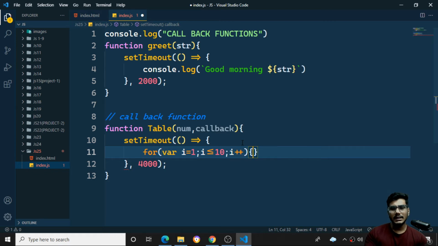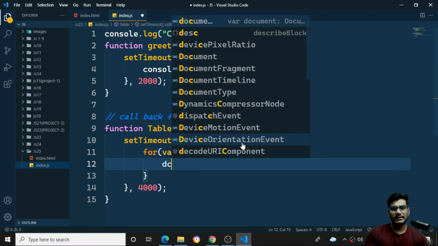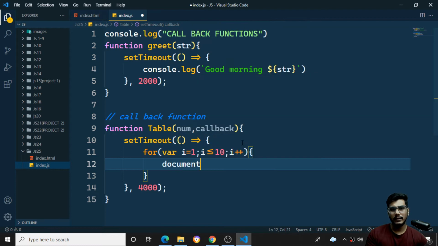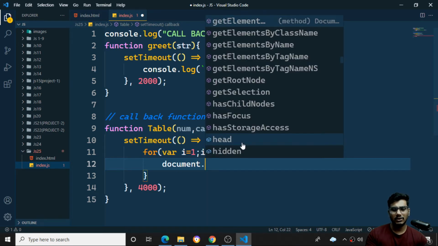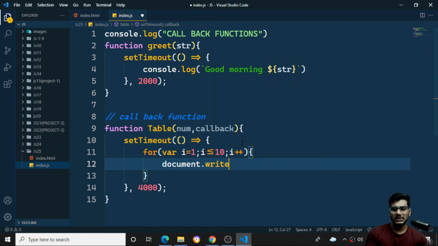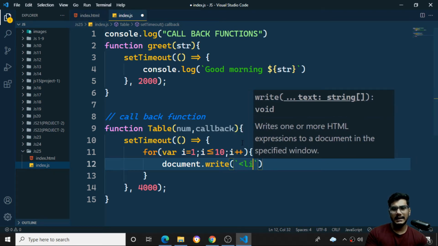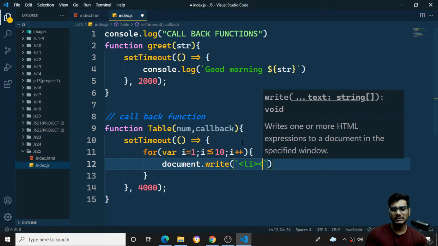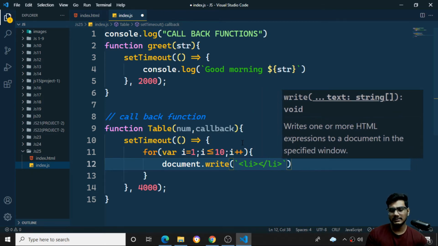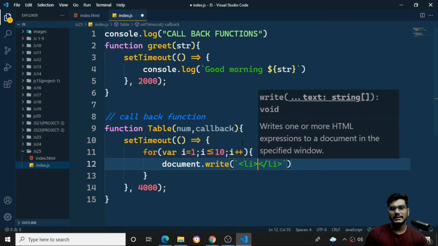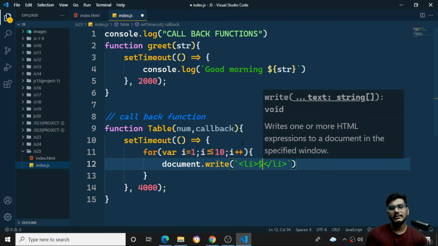Then I want to put it inside the document, so I'll use the document.write function with a backtick. I'll write an li tag and close the li tag. In the li, I want to print, suppose, 5 ones are table.